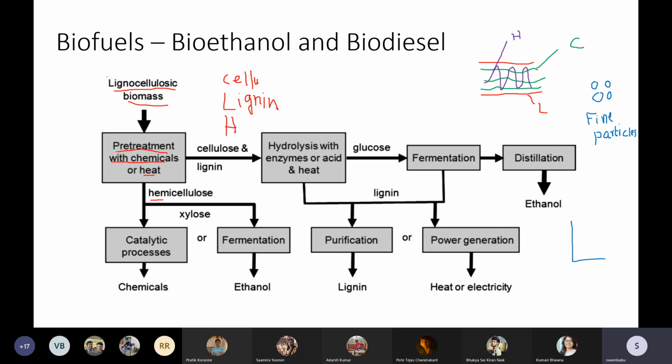So if you place these fine particles in a beaker and pour hot water, roughly 130 degrees centigrade, and mix it using something like a CSTR, mix it. What will happen is